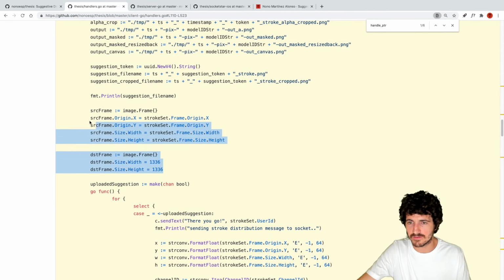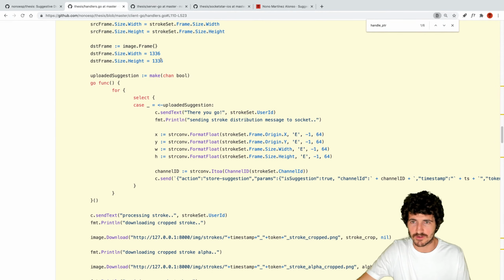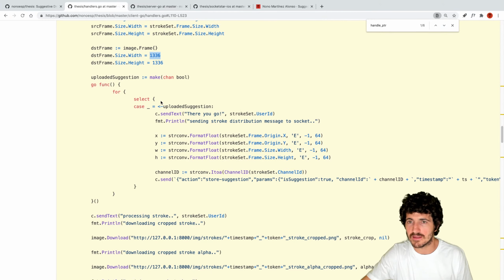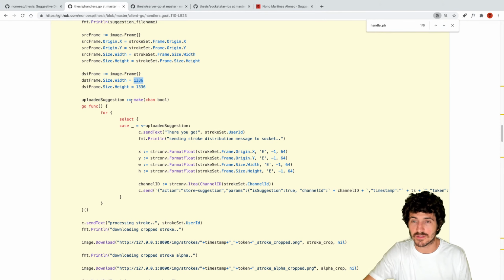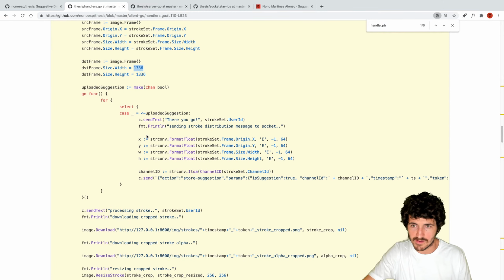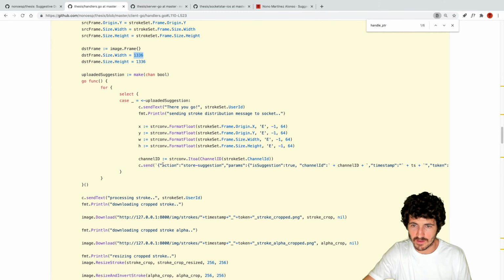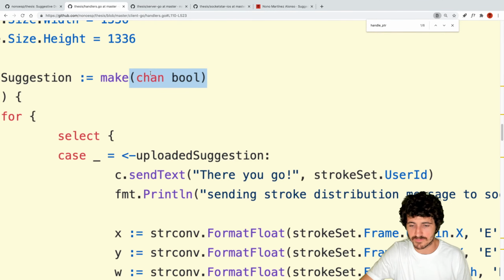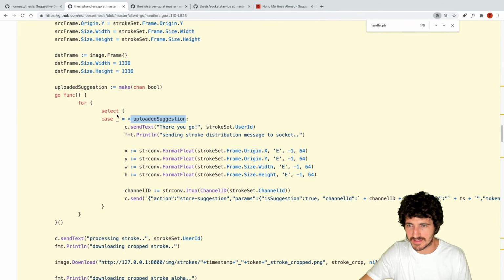We resized to the canvas size, hard coding to the iPad's canvas size, I believe, or at least like a hard coded size in this case, and then uploading the suggestion, right? And then after the suggestion was uploaded, this is like a Golang channel that would be sent to a variable here,